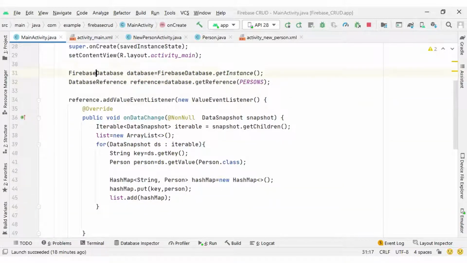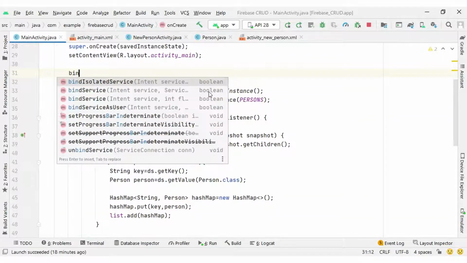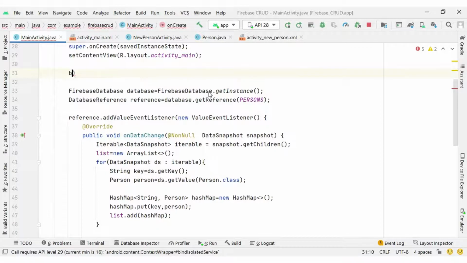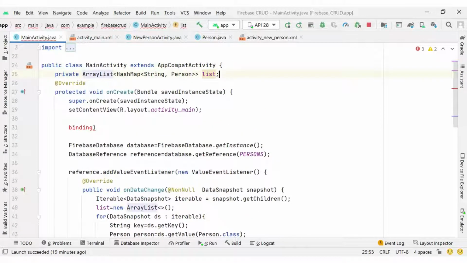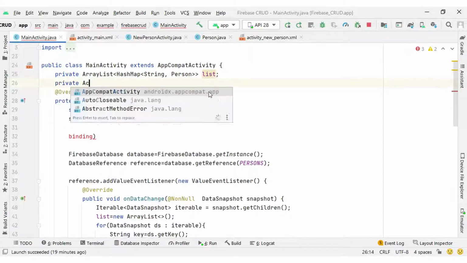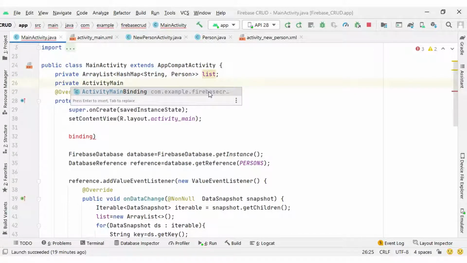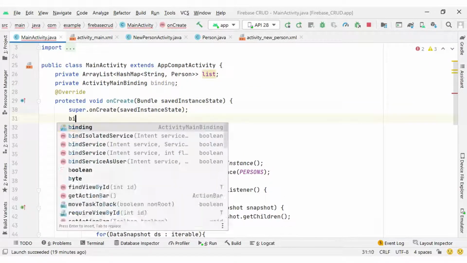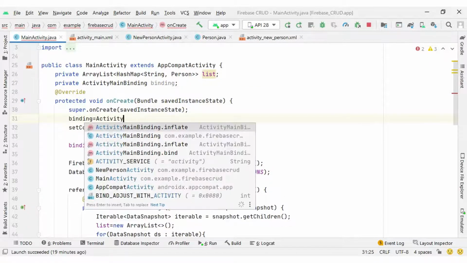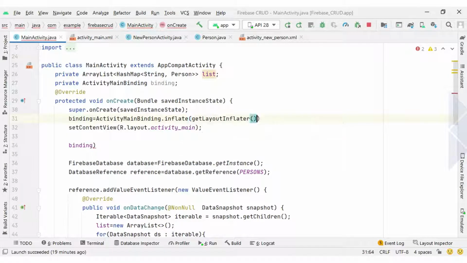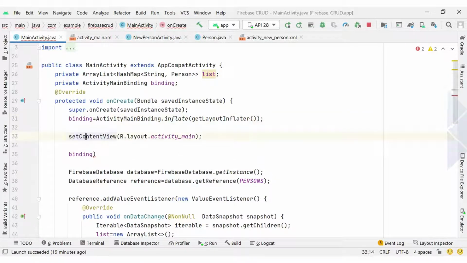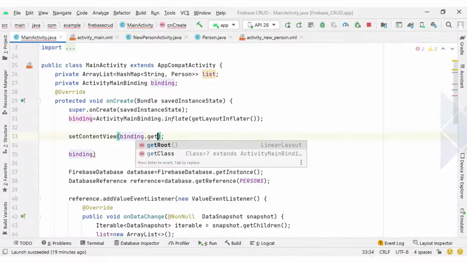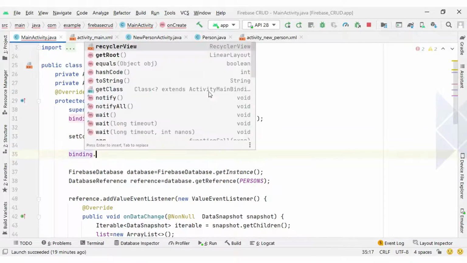For that let me make my recycler view ready. Currently I don't have any binding instance, so let me create the binding instance first: binding equal to ActivityMainBinding.inflate(getLayoutInflater), and binding.getRoot I will pass here. So the binding instance is ready.